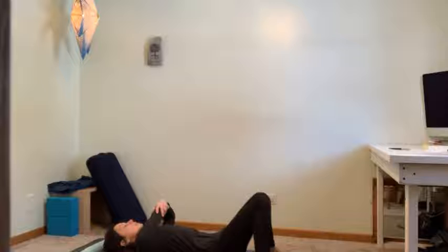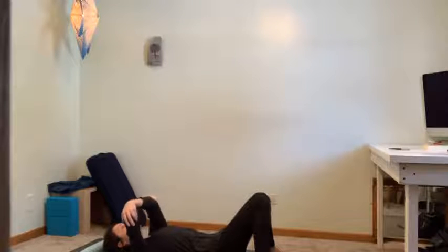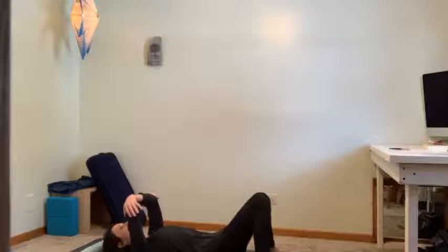Take a nice breath here, and then inhale the arms back up to center. Exhale over to the left. Stretching out the right shoulder this time. And again, continuing to breathe. Notice if one shoulder is more sore than the other when you're moving them. Inhale back up. And this time we're going to drop the arms behind the head, or to the head or